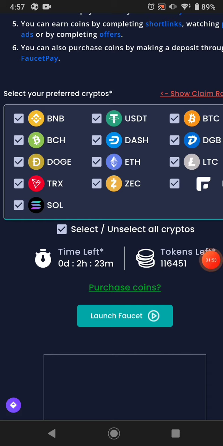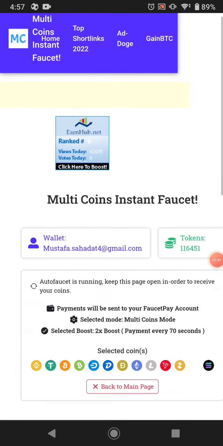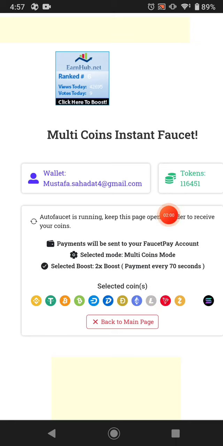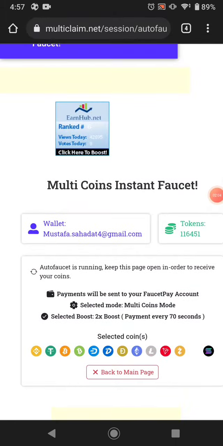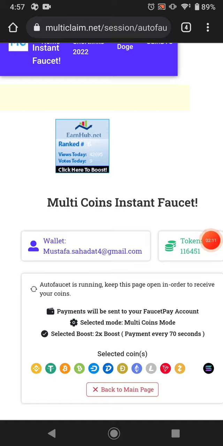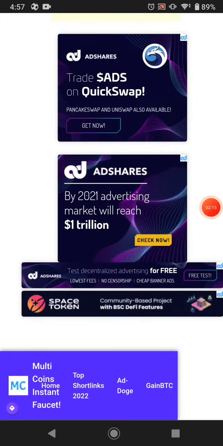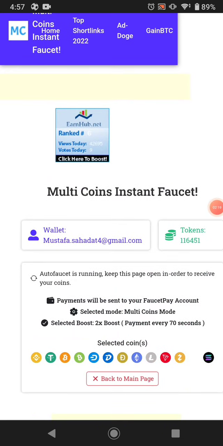and just click launch earning. Okay, and this will pay me instantly every 1 minute to my FaucetPay. Okay, I just pause the video. After 1 minute I will show you this website paying me, but this website automatically reloads. Don't close this page, just leave this page alone, and this will pay you every 1 minute without any